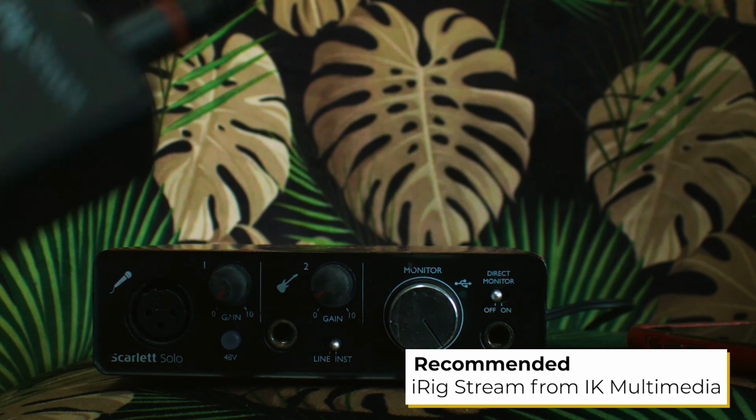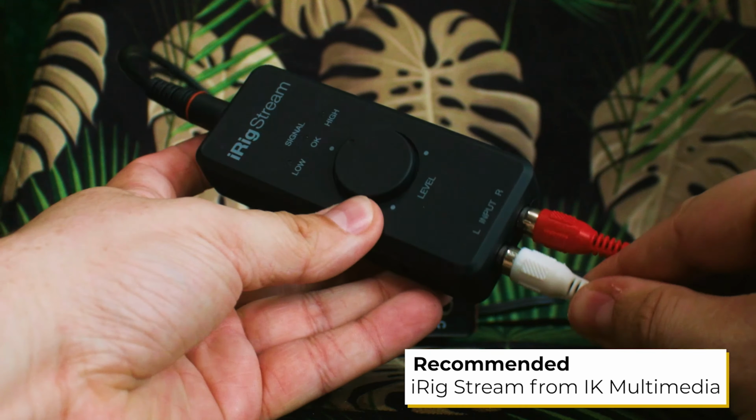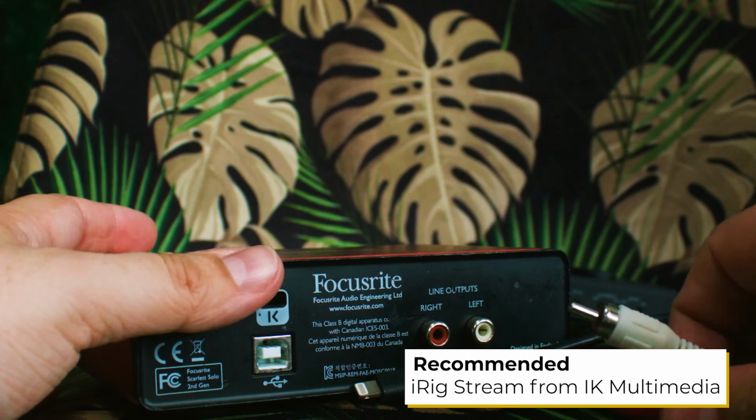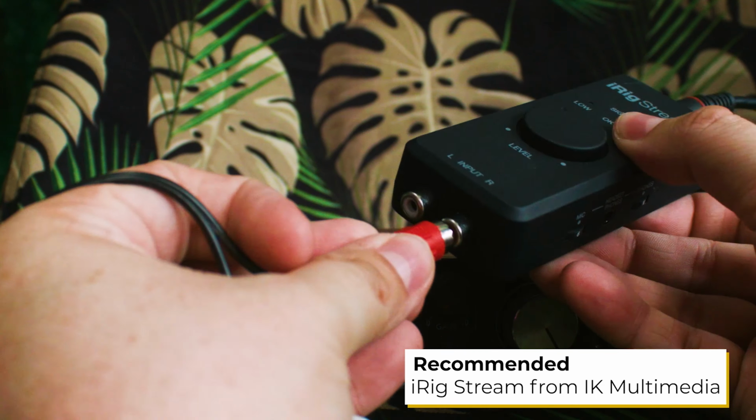As a side note, you guys should definitely check out the iRig Stream. This is such a great solution for when you're broadcasting on an app that has no PC option, but you still want high quality audio. If you're tired of singing or playing through a tinny mic on your phone, this is the perfect solution for you. The iRig Stream will allow you to connect an external audio interface and input that audio into your phone